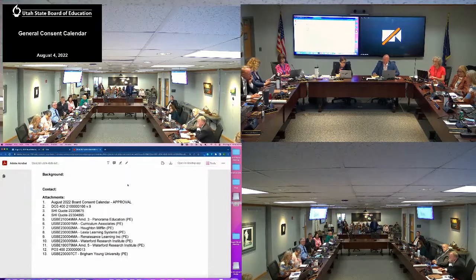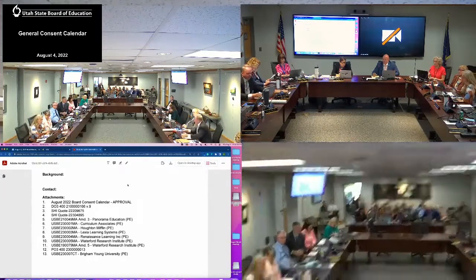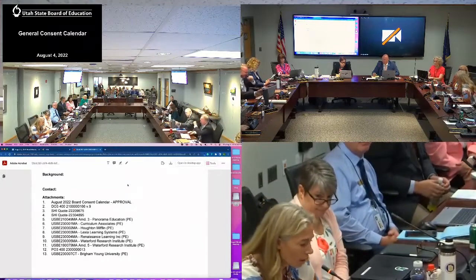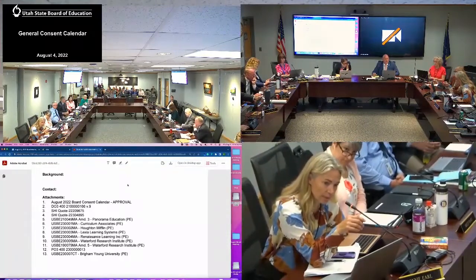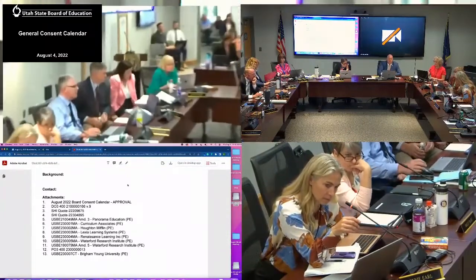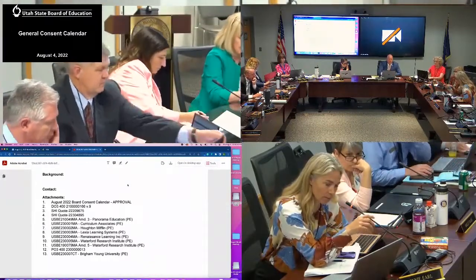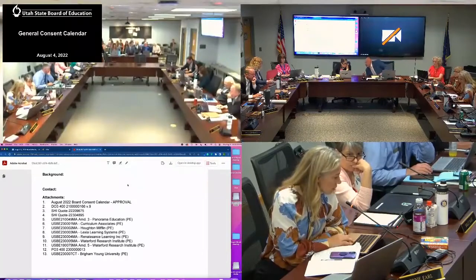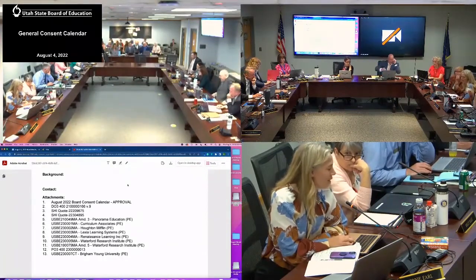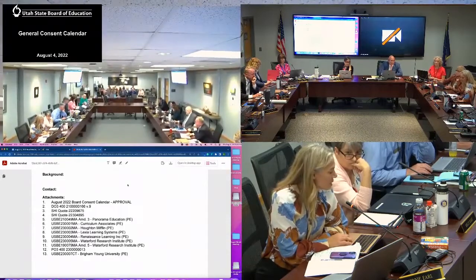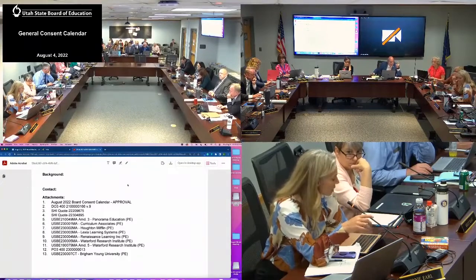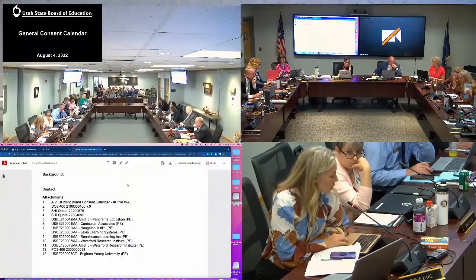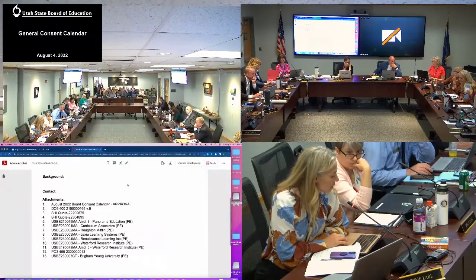Is there anything else you want to speak to on 5.3? Member Earl? Yeah, I'd like to divide the other items on there, 1, 2, and 10, and vote on these separate from the other contracts. Mine are not numbered. So in the board approval agreements, the first item is, what's it about? State cooperative contract change order, but it's labeled,